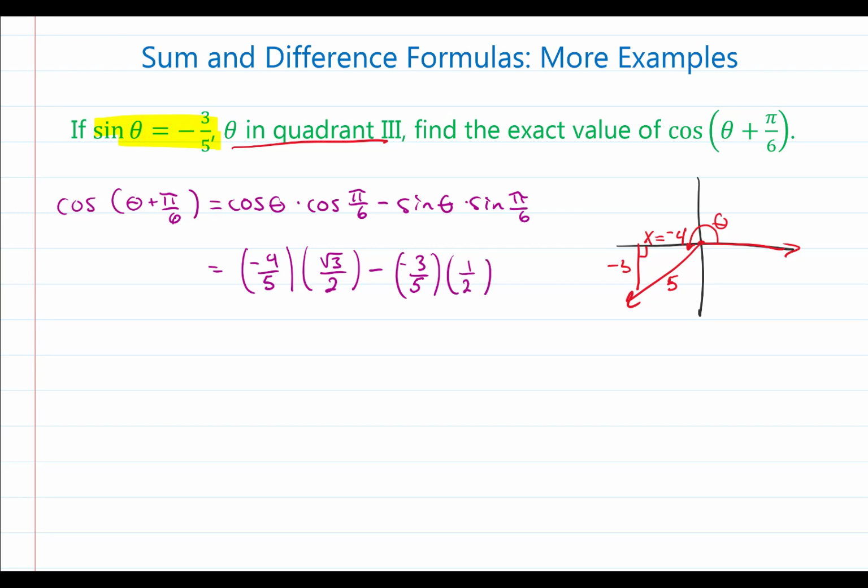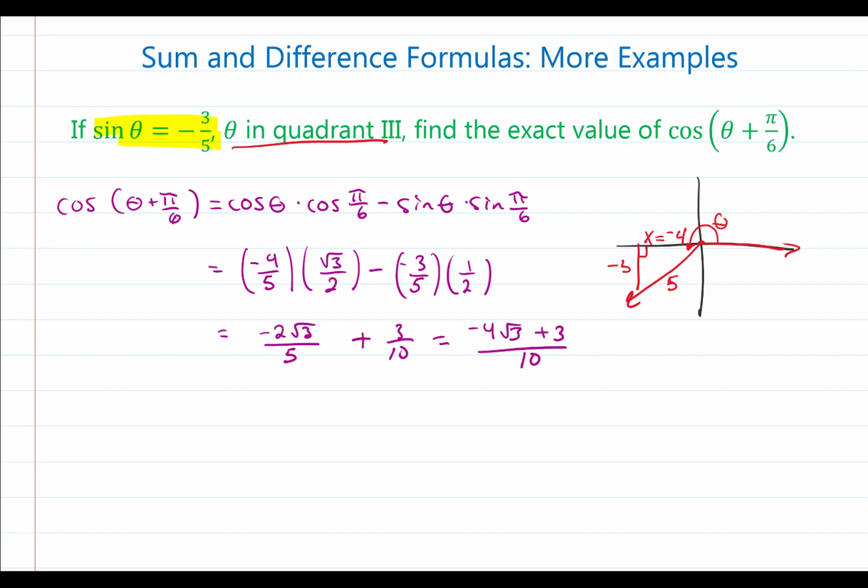I'm now going to go ahead and simplify this expression, and what I know is that -4/5 times square root of 3 over 2, when I multiply and simplify, should be -2 times square root of 3 all over 5, plus, and I'm going to multiply 3/5 times 1/2 to get 3/10. Now, if you were being asked to rewrite this as a single fraction, you would multiply the first fraction by 2 over 2, so that way you could rewrite it as -4 times square root of 3 plus 3 all